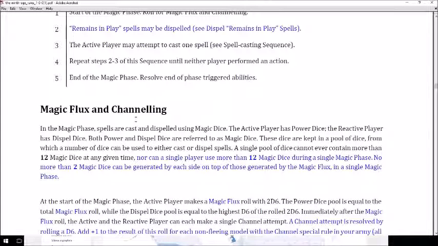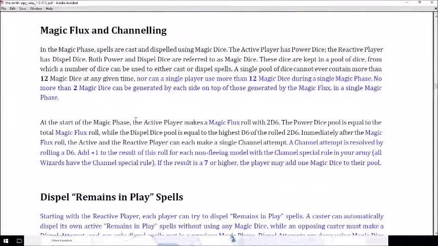What do we got? Magic flux, which is just different wording, and it's basically the same as it was before. You can't exceed 12. Right. And no more than 2 magic dice. Well, this is kind of new, actually. No more than 2 magic dice can be generated by each side on top of those generated by the magic flux in a single phase. Okay. Well, they've cut down a lot on what generates dice, and it's hard to boost your winds of magic. Well, sorry, magic flux, not winds of magic. Yes, in the past. But it's the same as before. You roll 2d6 and you get whatever the number is, and your opponent gets the higher of the other 2 dice, and